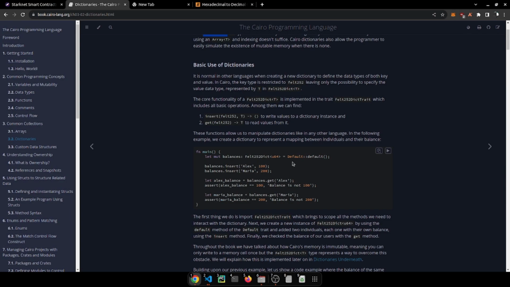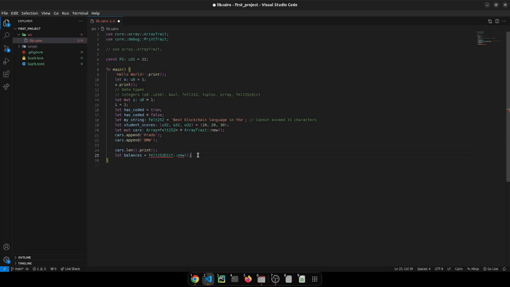How is it initialized? Oh, with the default. Okay, so I need to do this, the felt252 here, and pass in the type. That's the T, that's generic. So maybe I say this is going to be a balance of the U256. So for example, you want to track the balances of each individual in your contract. Then I can do the default